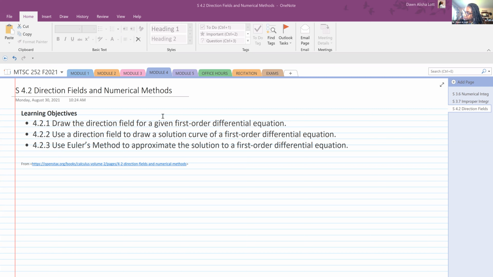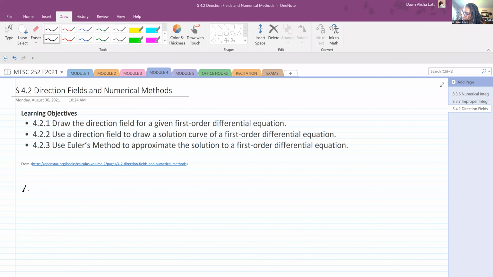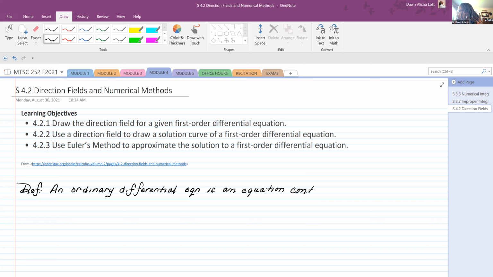So a differential equation, and I'm going to say an ordinary differential equation, is an equation containing an independent variable, usually x or t,